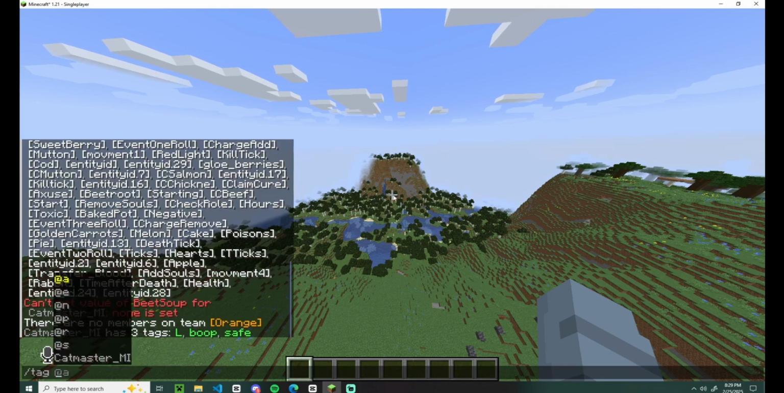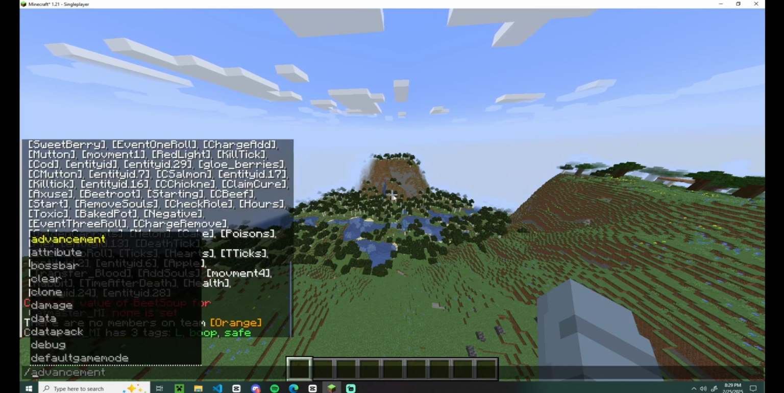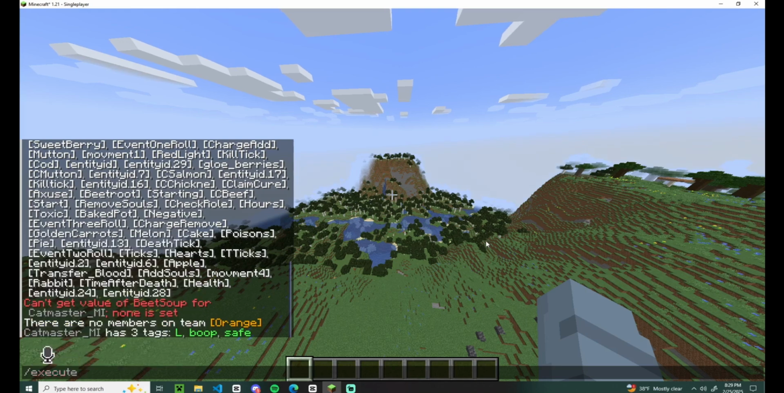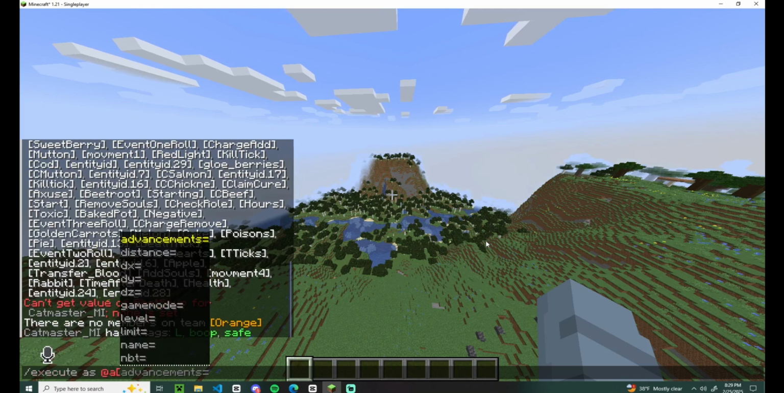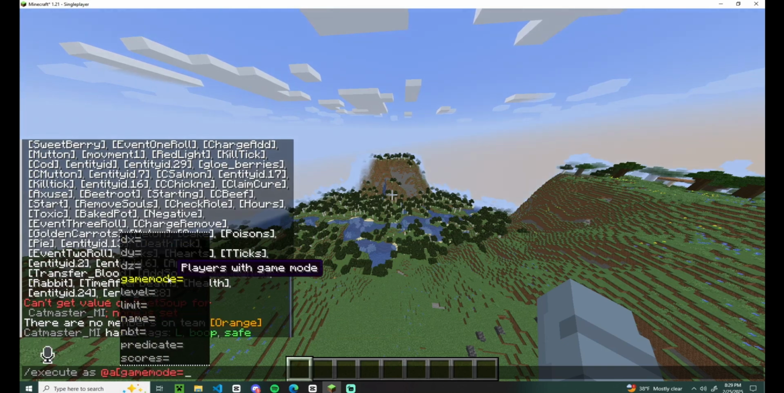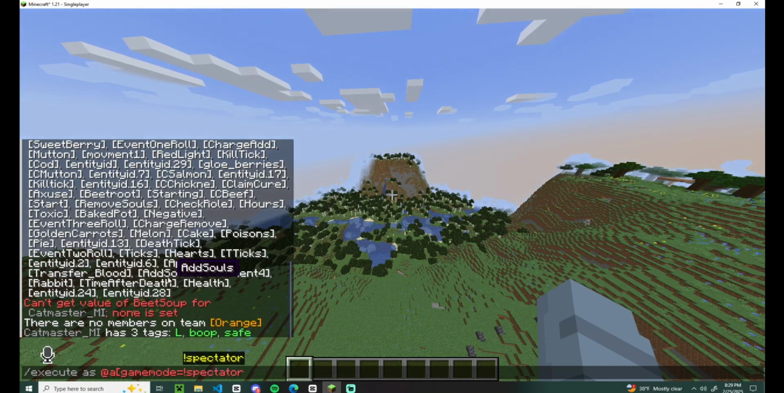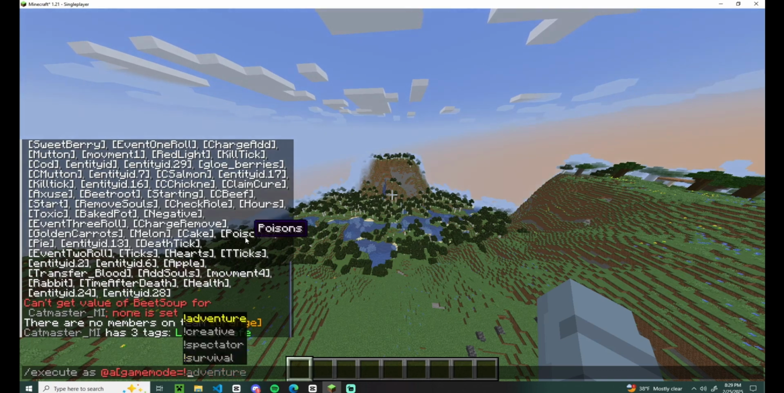And then there's also an important command about teams, execute. So if you do execute as @a, and then you can add this bracket, that will be your thing. So if gamemode equals not spectator, an exclamation point in code means not. So this is saying if their game mode is not spectator,